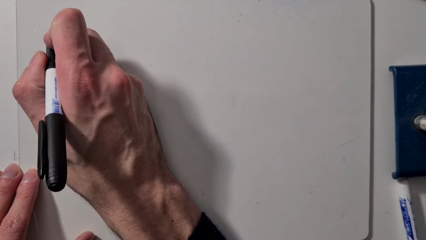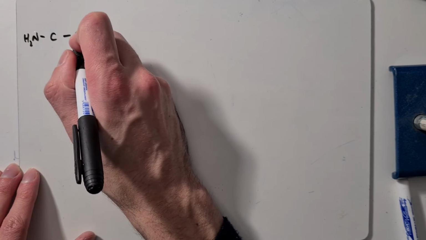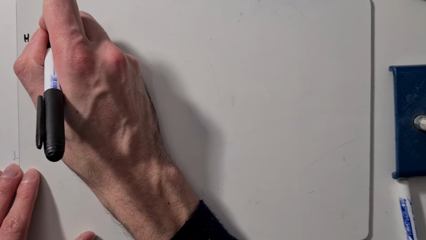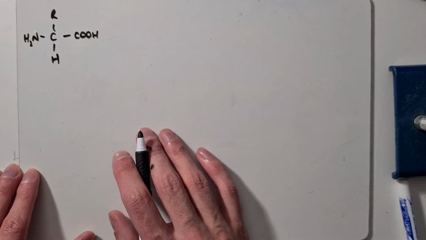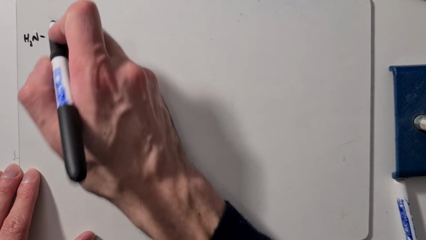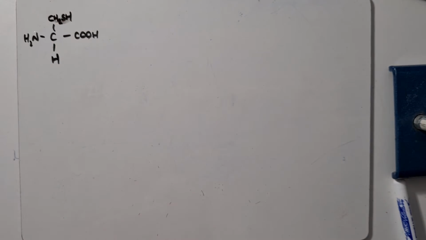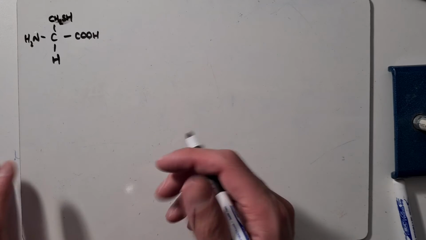So, the question starts with the alpha amino acid cysteine, where the R group is CH2SH, which shows optical isomerism. You have to draw a 3D diagram to show the optical isomers of cysteine. So we start just up here with what an amino acid is, the general formula. We have an R group there and H. And it's already told us in this one, the R group is CH2SH. So that's its displayed formula. What we need to see is its 3D